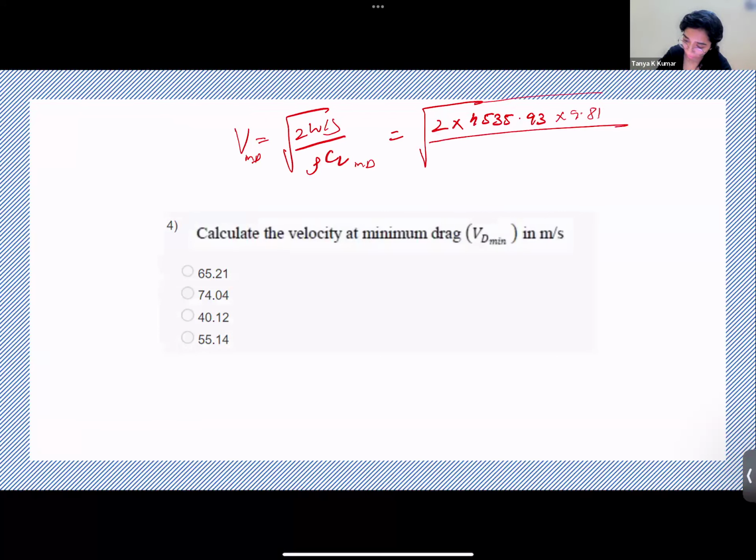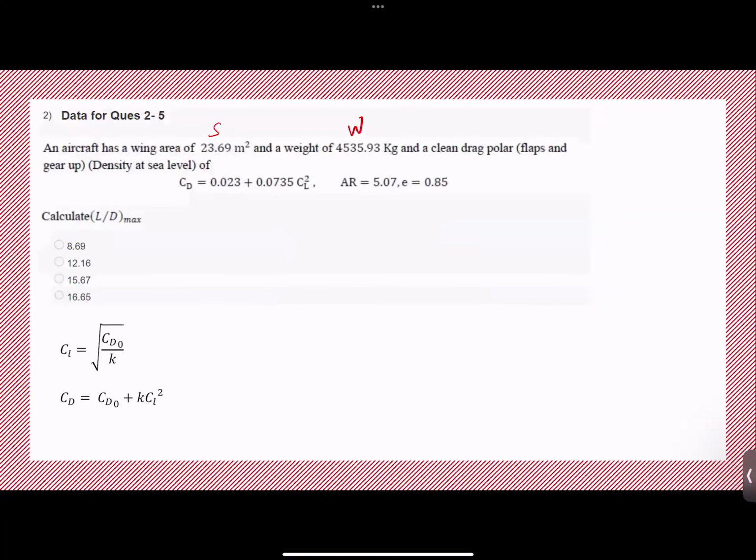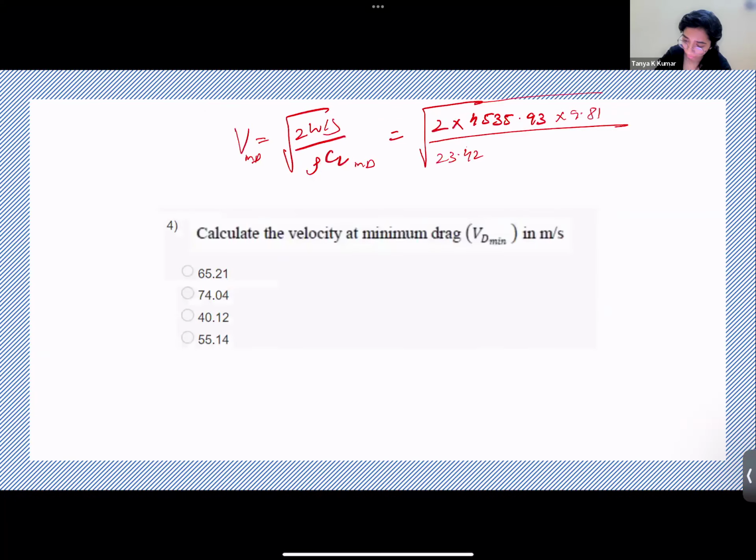Then you have, there was an S there, so that is 23.69. Density is 1.225. CL at minimum drag was